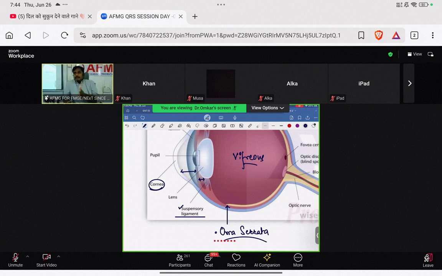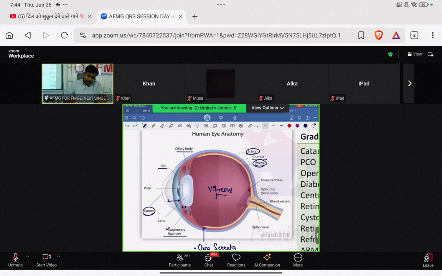So between the cornea and iris is the anterior chamber, and between the iris and lens is the posterior chamber. This whole anterior segment of the eye contains a fluid known as aqueous humor. The fluid present in the anterior as well as posterior chamber, or the anterior segment of the eye, is known as aqueous humor. Aqueous humor is secreted by...